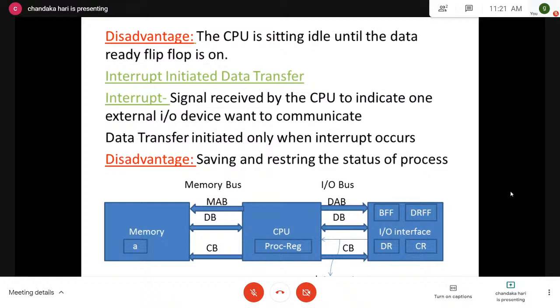Suppose you have written 100 lines of program. In the 10th line, you have written scanf %d A. But the A value is not used until the 80th line. But you have taken that value at the 10th line, so your CPU has to keep track of that value until the 80th line. How much of a burden it is for the CPU. That's why, if you place that particular read statement at the 80th line, the CPU burden is going to be